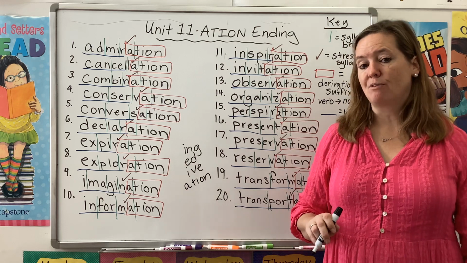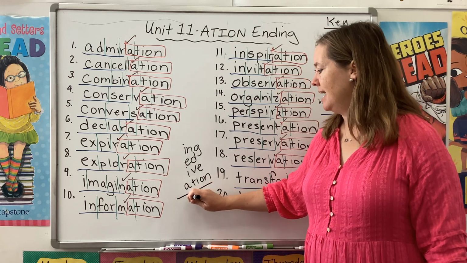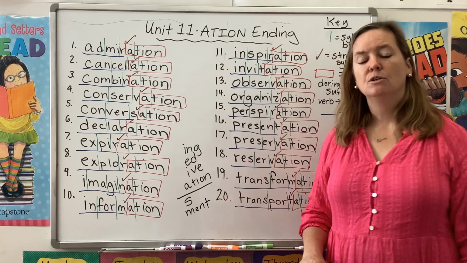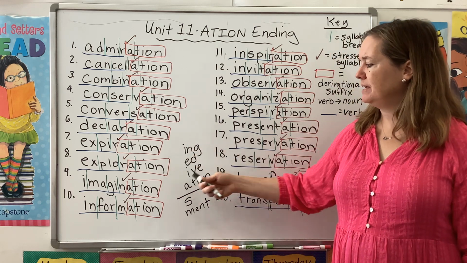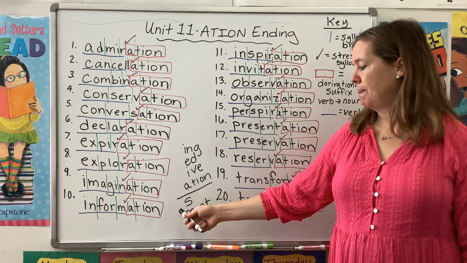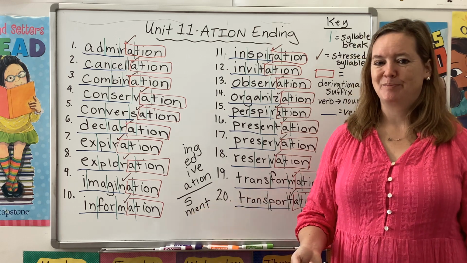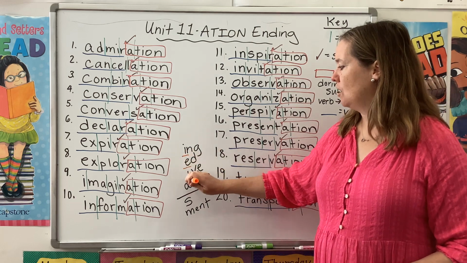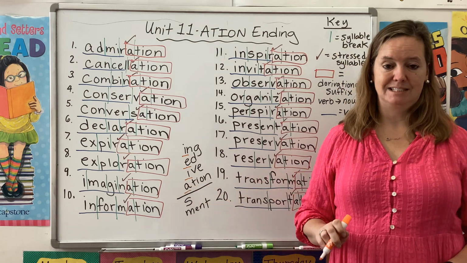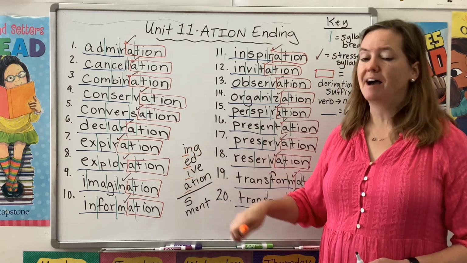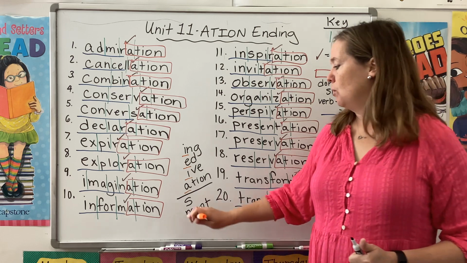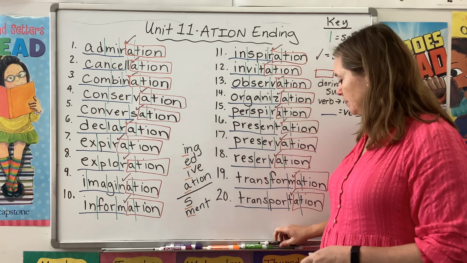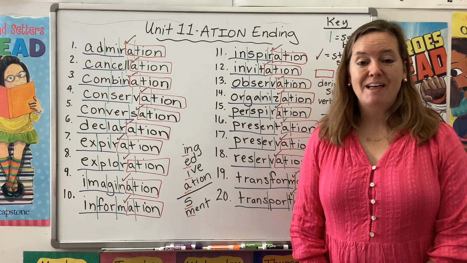We don't have to drop the E if we add an S, or if we add a suffix like ment. So what's the difference? Why do we drop the E for these suffixes, but not for these suffixes? All right, good eye. You probably noticed that these are all vowel suffixes. When a suffix starts with a vowel, we drop the E. When a suffix starts with a consonant, we keep the E. Okay? All right, so keep that in mind.